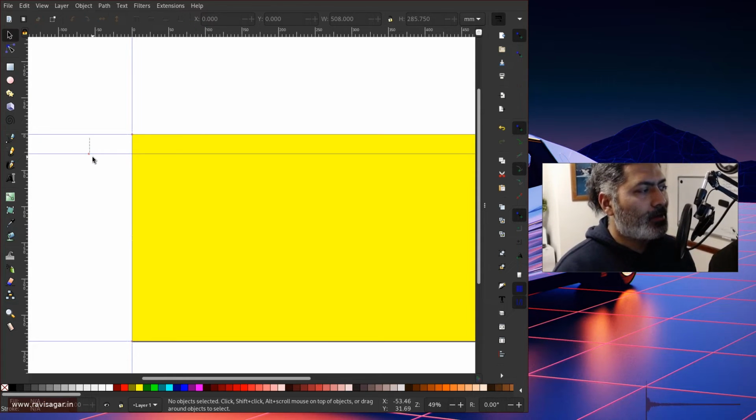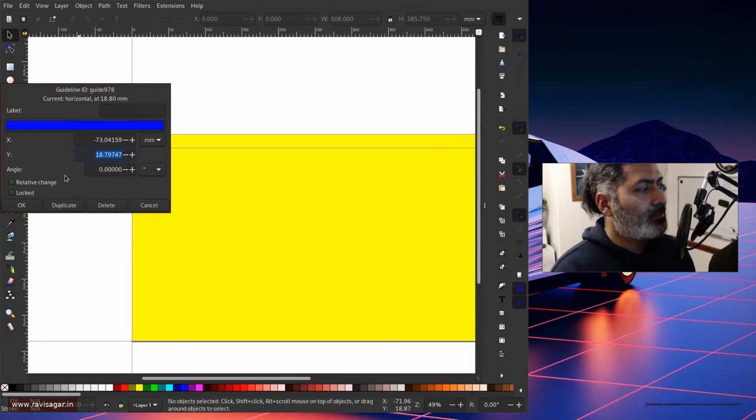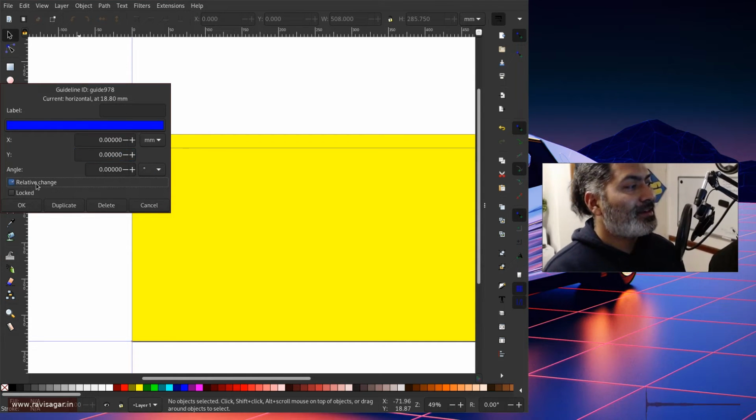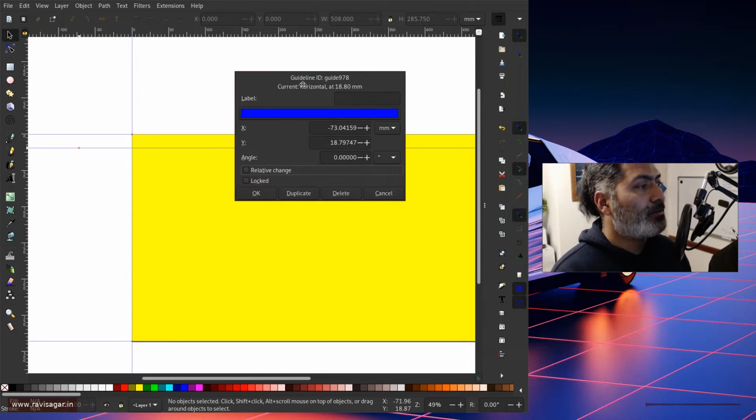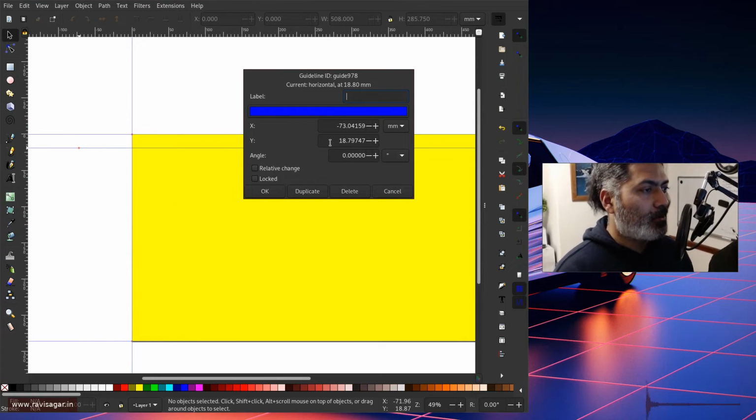So if I have to use these guides, I can do that. I'll probably bring in something like this on top, and if you double click on this, you will notice that here you can actually use the option to work on the guides. For example, if I want to create a guide where I want to leave some distance,